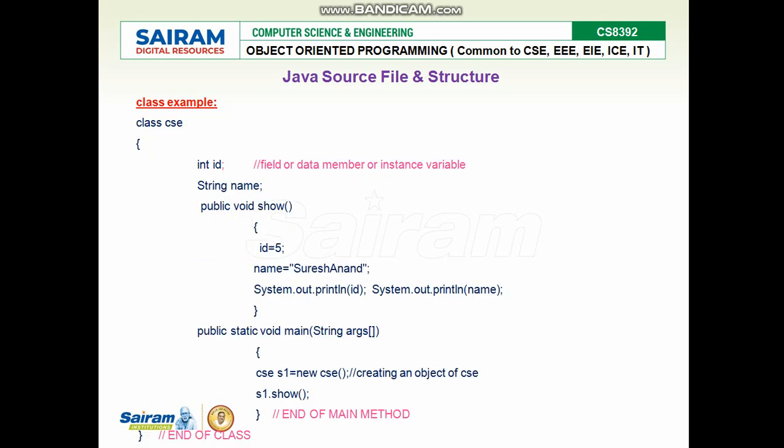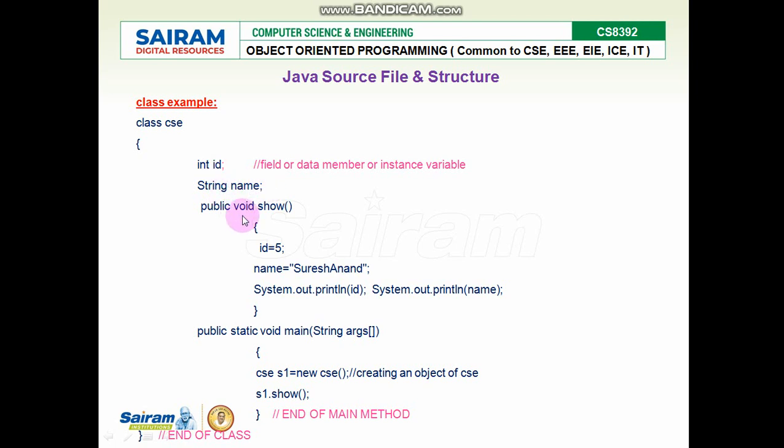Let's see an example of creating a class. This example we have already seen in the previous classes. Class keyword, class name is CSE, open curly bracket, your variables. Two variables: one is integer id, second one is name of type string, with a semicolon at the end of every statement.